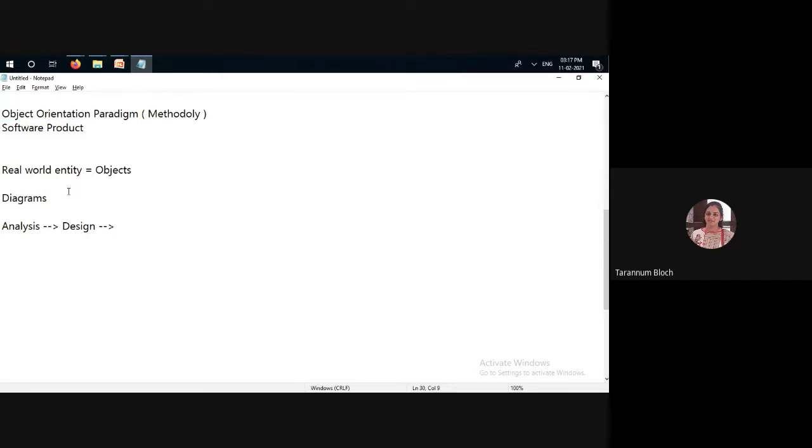For example, if you are making factory software, you have to know how many products one employee is making. If one employee is making 100 products in a day, in 7 days, how many products will be made? You will maintain the track. And what if that employee is absent? If we are calculating the salary based on the days worked in the factory, we have to calculate from it,